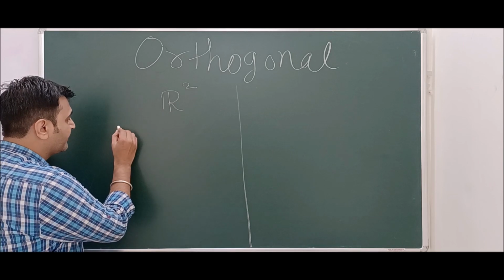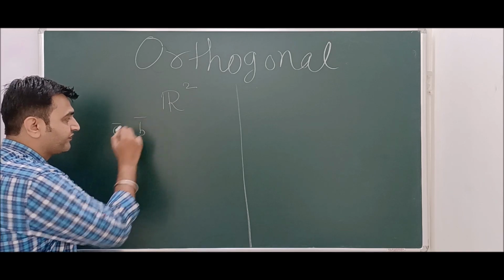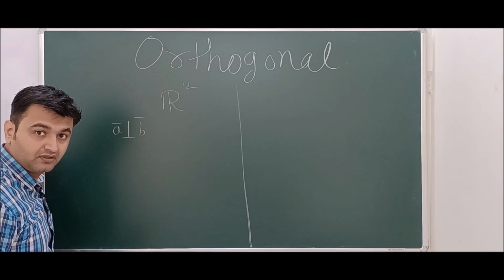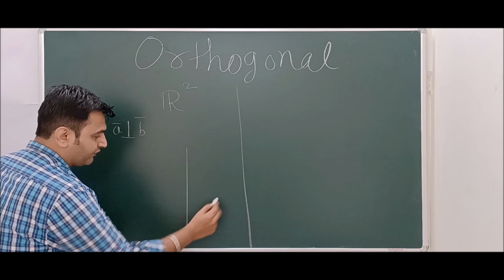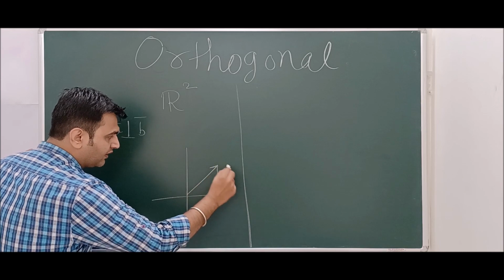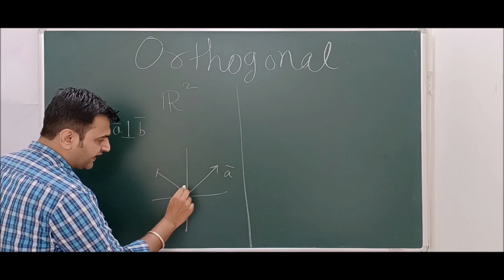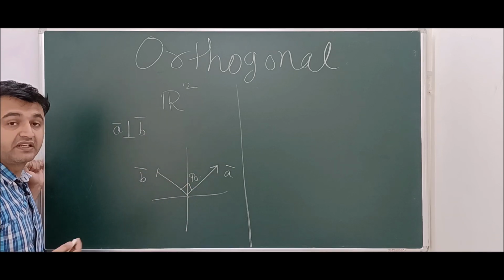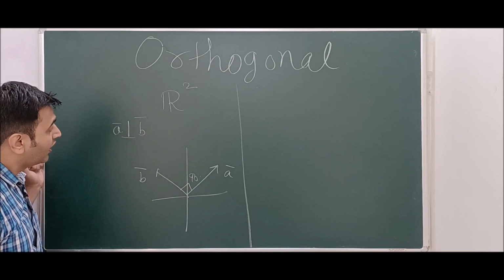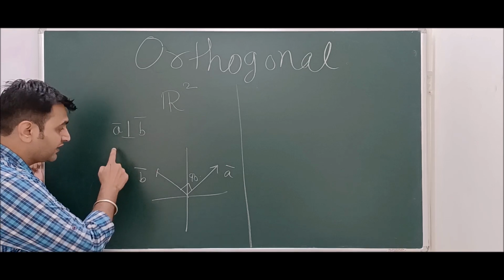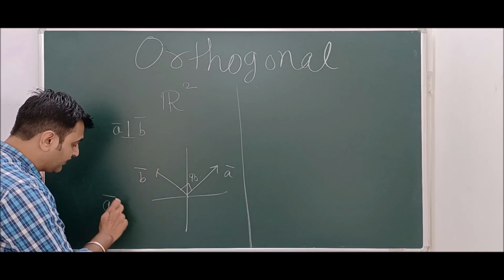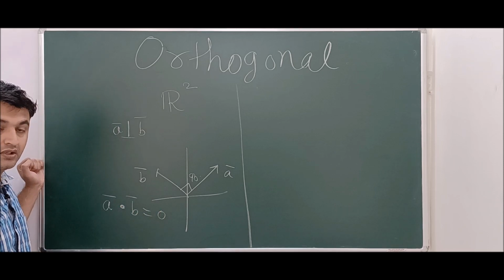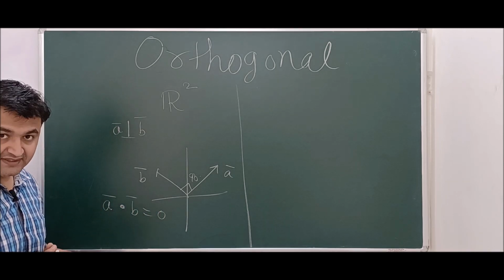Now, if I take any two vectors A bar and B bar, when do I say that these two vectors are perpendicular? Well, the answer is, if you have two vectors, here is your A bar and here is your B bar, if the angle is 90 degree, we say that the vectors are perpendicular. Or in other words, you say that two vectors are perpendicular if their dot product is 0. So that's what we have studied in Euclidean spaces.